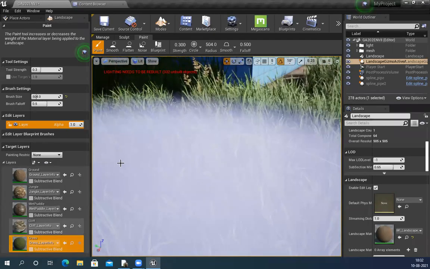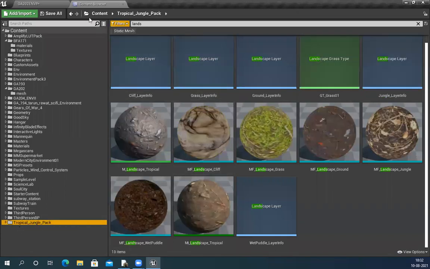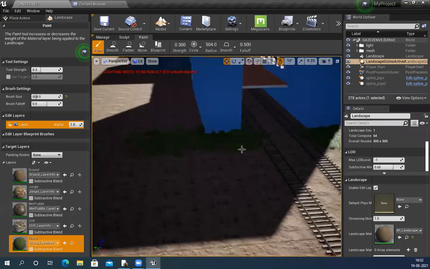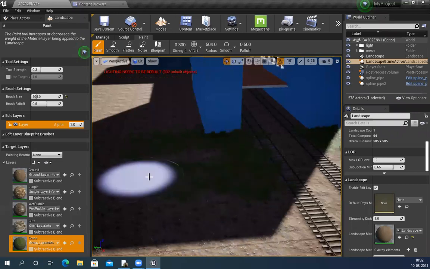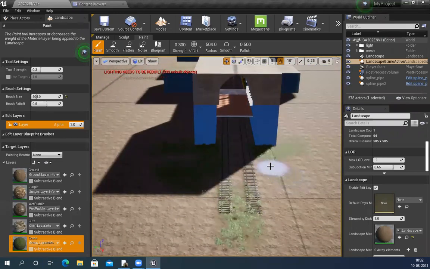This is part of the tropical jungle pack, which is freely available in the marketplace. So I have used it. It will save you a lot of time and create this very easily, because there's no point creating everything manually.